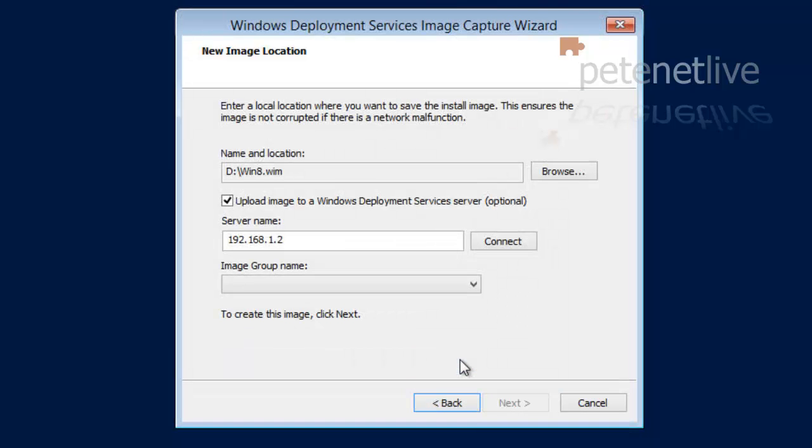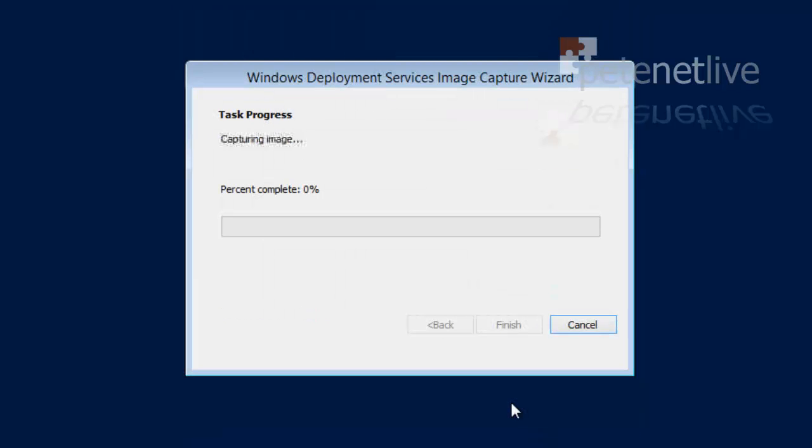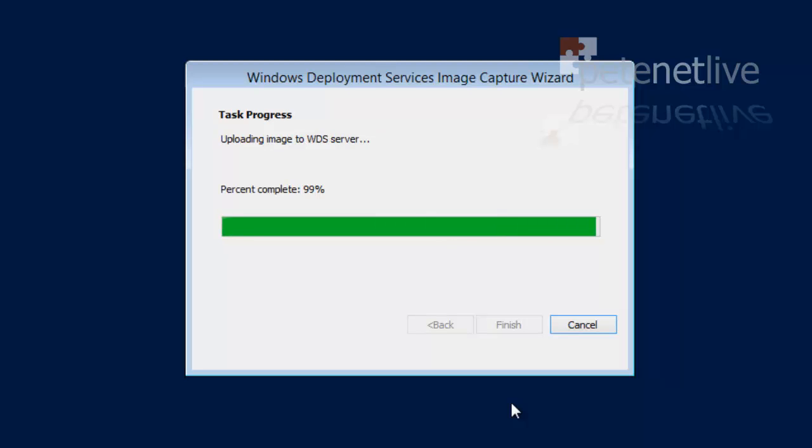Now, because we've authenticated, you'll notice we can now hit that drop down and we can select the image group name that we created in part 1. That's where our image is going to get stored. Now I've sped this up dramatically for the sake of the video. It puts it local, it uploads it to the WDS server,